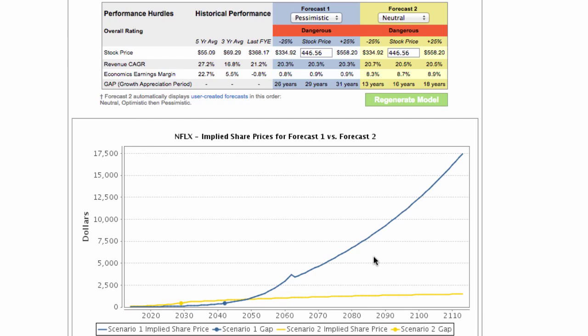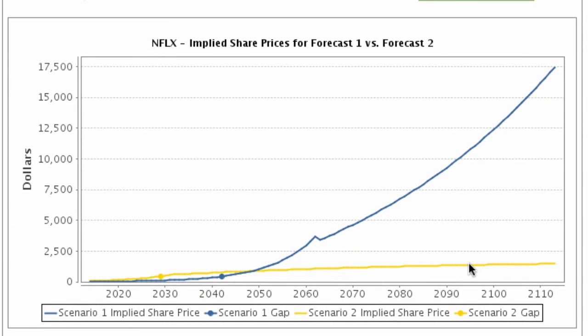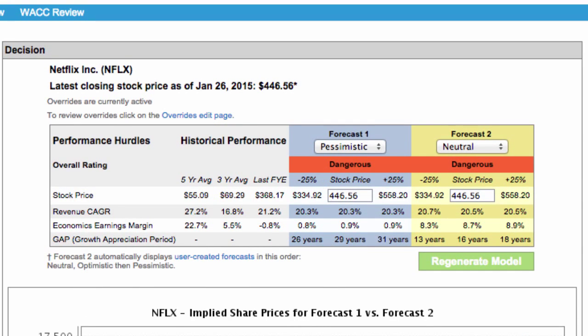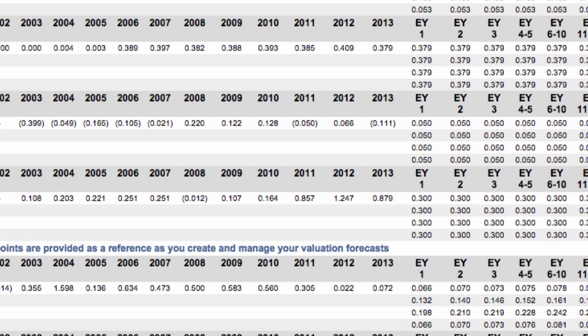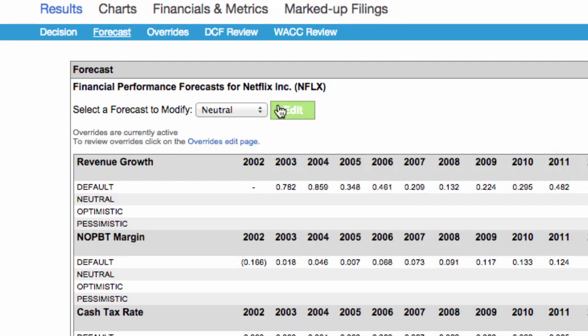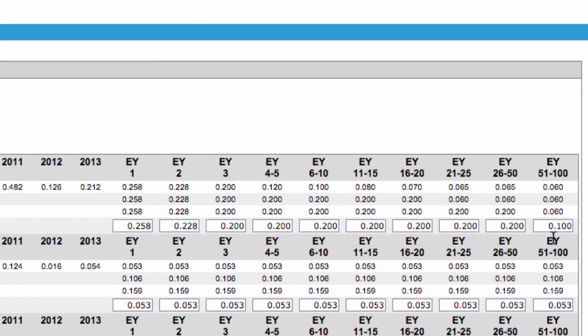So after lowering the long-term growth rate for the neutral scenario, even though it has a much higher margin assumption, you can see a much more meaningful number here in terms of valuation implication. And now the pessimistic scenario looks crazy because it has those long-term high growth rates. So let's go back and knock those down to something a little bit more reasonable as we did for the neutral scenario. And remember, we got to go out 30 years to quantify expectations for the neutral scenario. I'm sorry, for the pessimistic scenario. So let's put that to 6% and